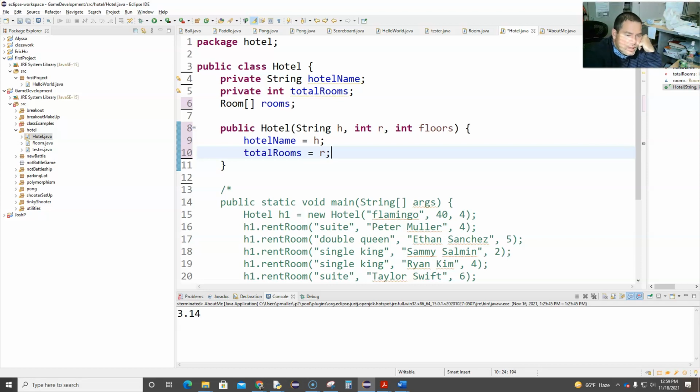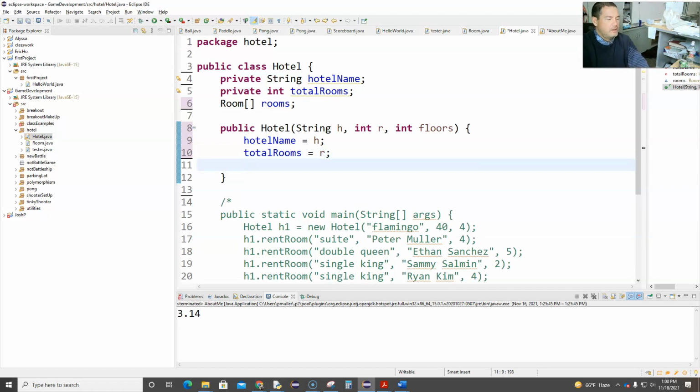And then what do we got? Then declare the rooms array to have spots for the correct number of rooms. So this is a little bit of an issue. I see some people go rooms equals new room, and then they put R in there, like total rooms, basically. But they're not quite clear, I think, is what's happening. Let's say we got 40 rooms, right? And I execute line 11. Well, I've now created an array of